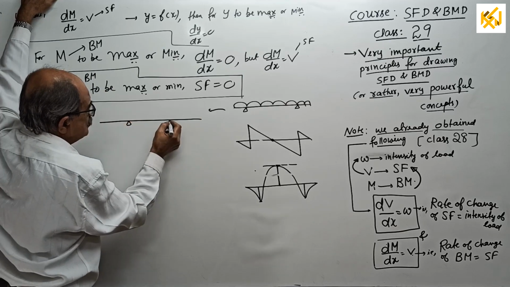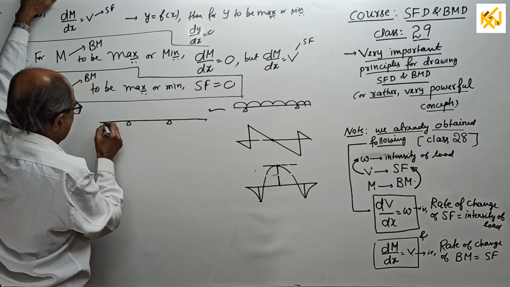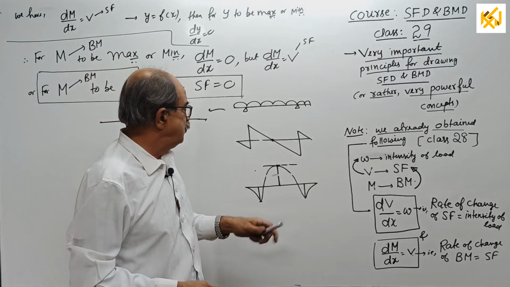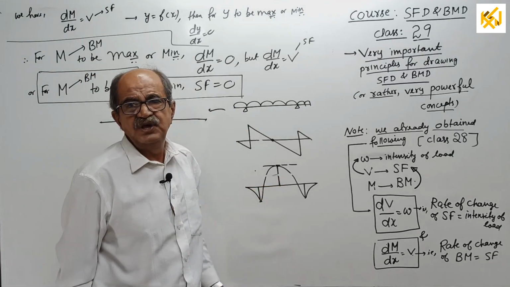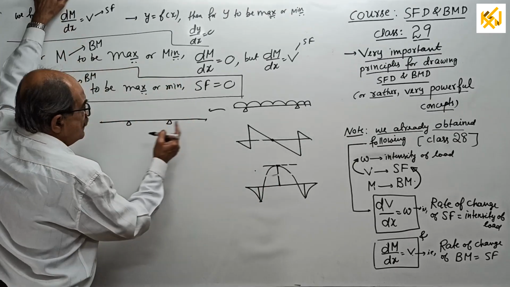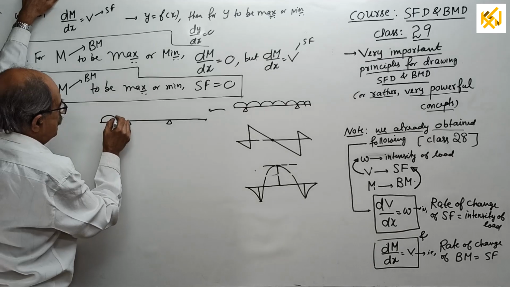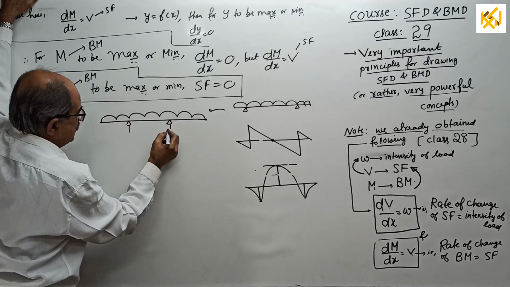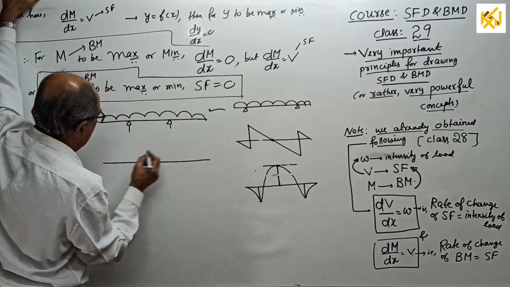bigger now compared to the span. Later you will be knowing the relation: how much the overhang should be for the beam to sag here, or for zero BM there, or to hog there. That all will come later. Now, see, you have to believe me. My students will tell, sir, we will always believe you, no problem. See, now if I draw the shearing force diagram, you never bother how it came.